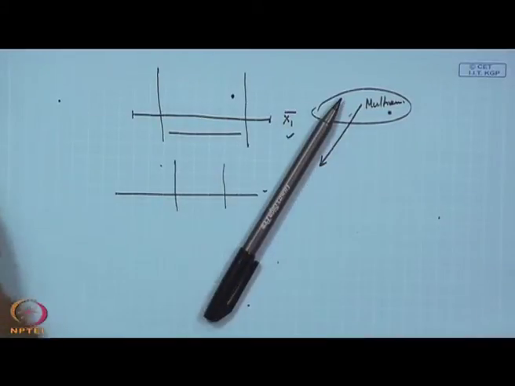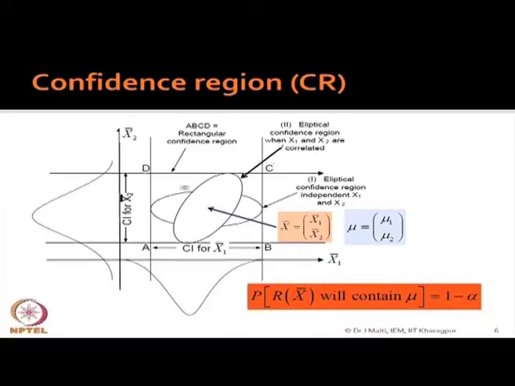It is very clearly shown here that if I take this as a quality control example and go by univariate control limits, UCL and LCL, then a point lying here I will accept as within control, but it is not within control. That will be reflected only when you go by the confidence ellipse in the 2 dimensional case, and in the multidimensional case, the confidence ellipsoid.